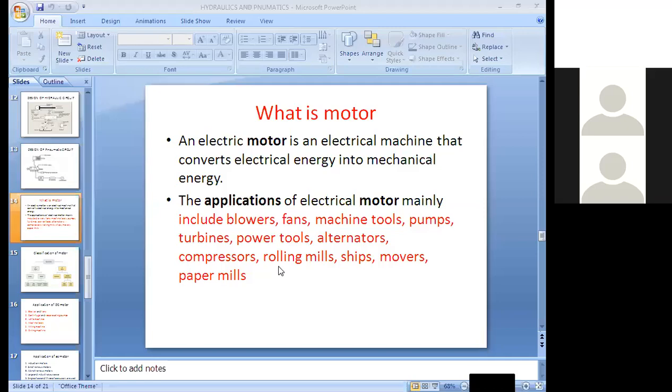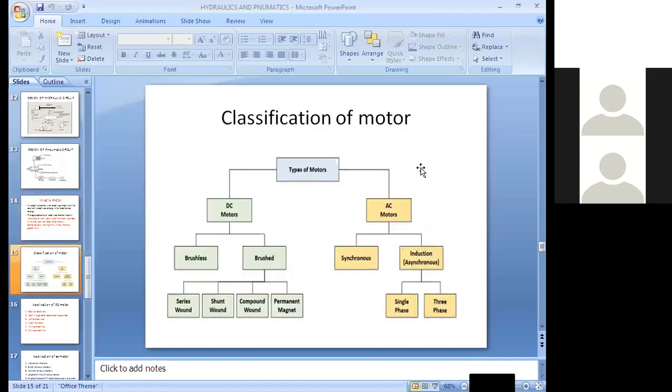Yes, sir. Okay, a very important concept. We have to understand the basic concept, then only we will get the idea. After completing engineering, they may ask interview questions related to the pump as well as the motor, no doubt about that, because hydraulics, pneumatics, motor, and pump, these four concepts are very important from the knowledge point of view as well as the examination point of view. So I brought a few basic concepts for you.